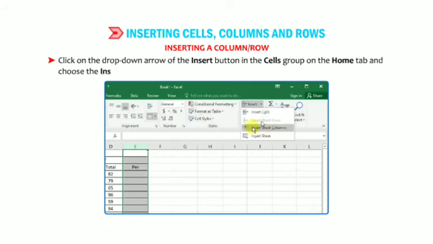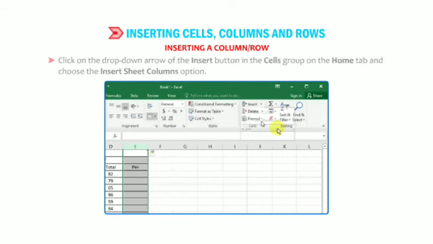Then we choose the Insert Sheet Columns option.